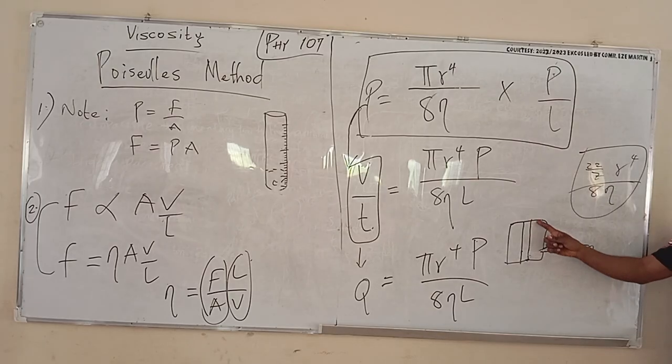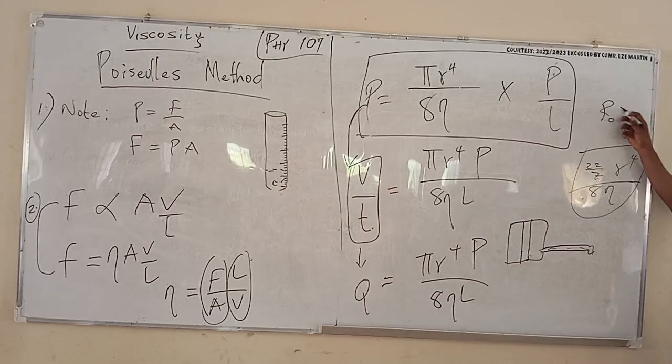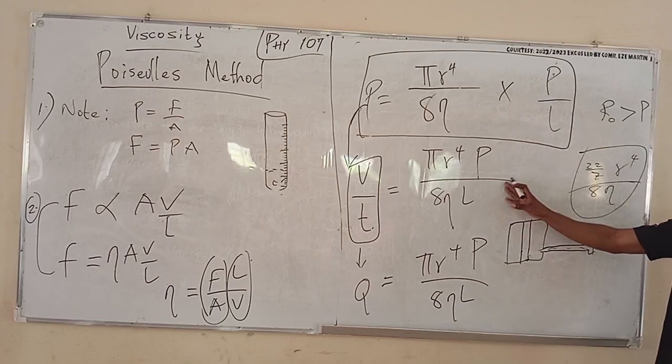So this particular tank we are using, I can't use a smaller tank. It must be something bigger than this capillary tube. Which means that P naught, the initial pressure, must be greater than P, the final one. You know that P naught means initial. So P naught must be greater than P. So when I say this pressure gradient here, another way to put this